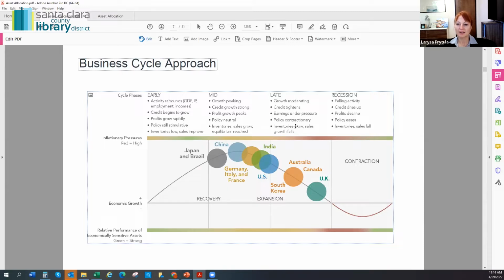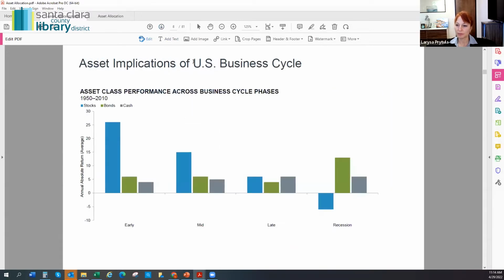Policy contradictions and increased interest rates. So right now we're seeing it all, where we are in a late stage of the business cycle in the United States. Whether we will go into recession or not, very difficult to say. It's usually a toss of a coin for economists to predict. But in general, we can say that if we are approaching recession, we need to be a bit more conservative, and that might be the case today.